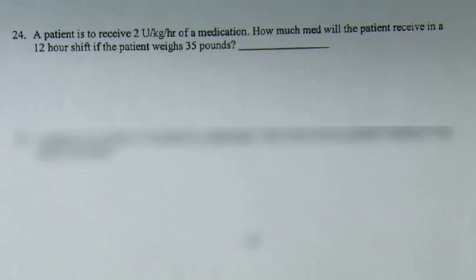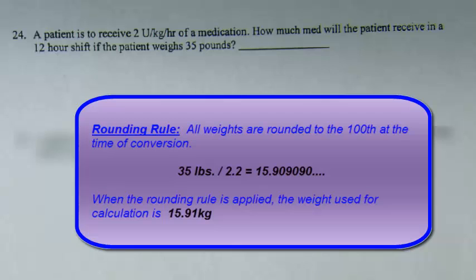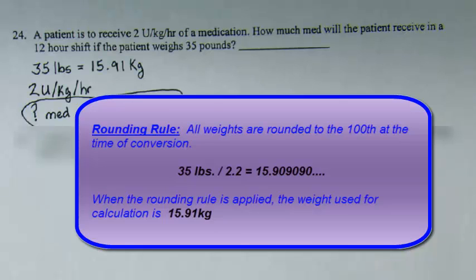In this following Objective 5 problem, a patient is to receive 2 units per kilogram per hour of a medication. How much med will the patient receive in a 12-hour shift if the patient weighs 35 pounds? The rounding rule specific for these objectives indicates when rounding a weight, weights are to be rounded to the hundredth. When converting 35 pounds, this equals